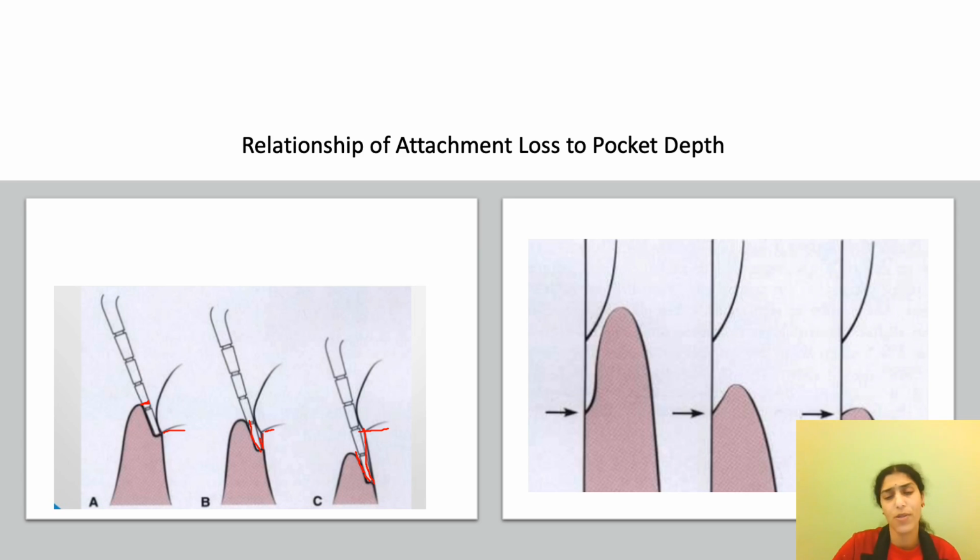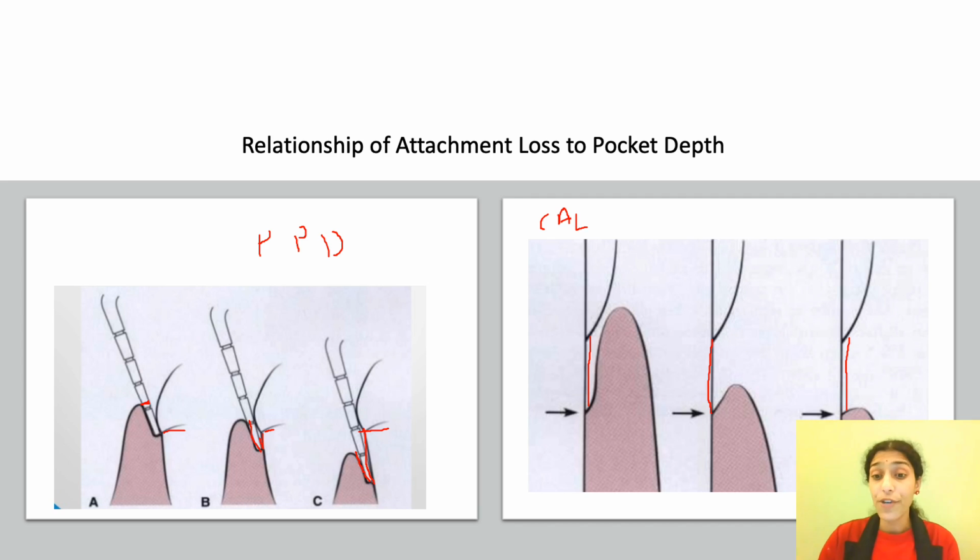Similarly, in the same picture, it is almost like the other picture, where is the gingival margin and where is the attachment loss, and which one is usually considered a better way of treating the periodontal disease? See, if there is a pocket depth with the same amount of attachment loss, in this situation the attachment loss is actually the same. Here the PPD is constant, the same, and the clinical attachment loss is the same.